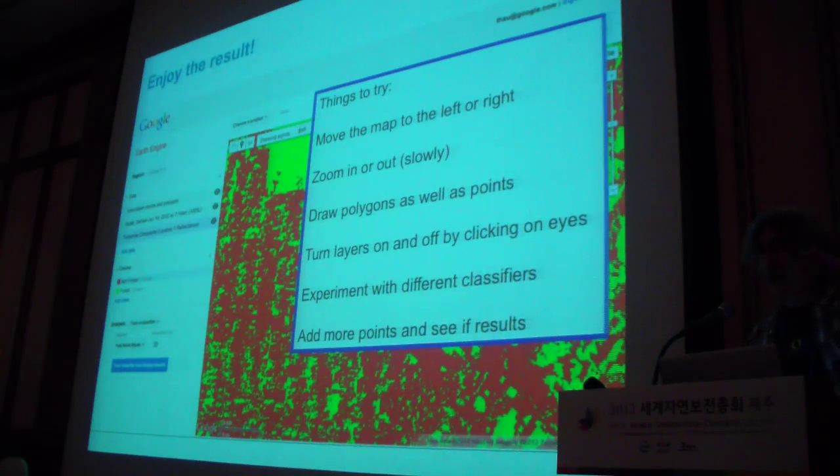So I'll go around, make sure everybody's all right. And if you are, then there's some playtime. Here are some suggestions. You can pan around to see the model being applied to places where you haven't visited before. You can try using polygons instead of points. And you can try adding different